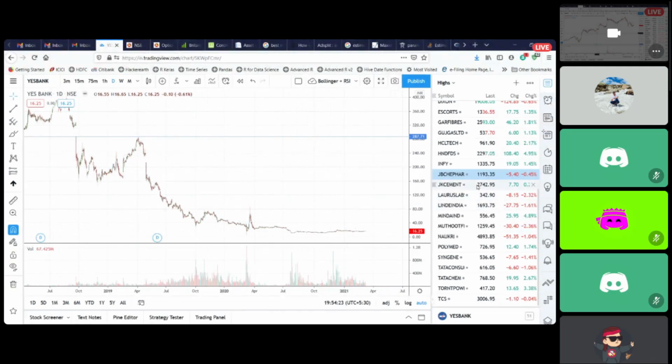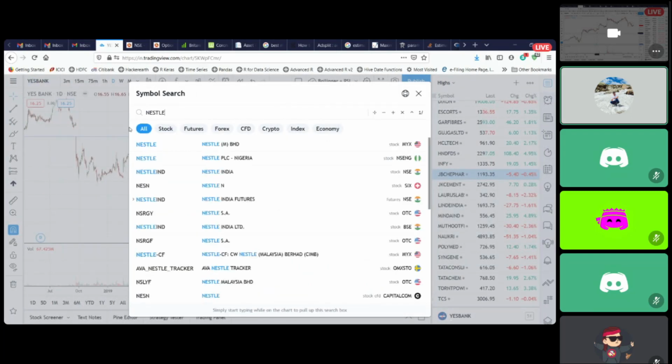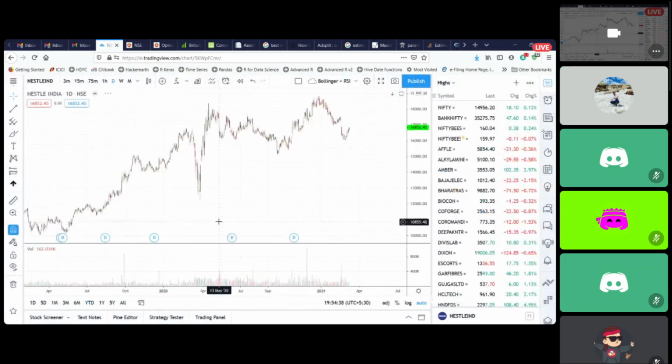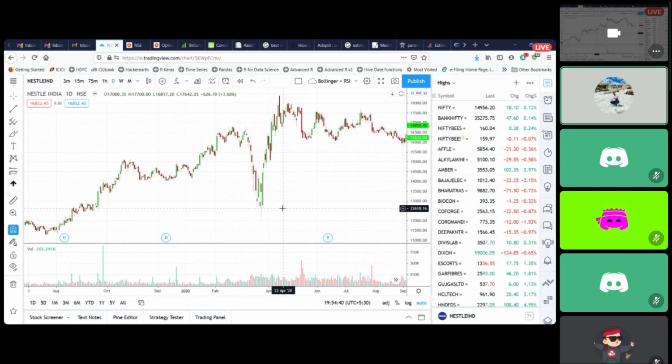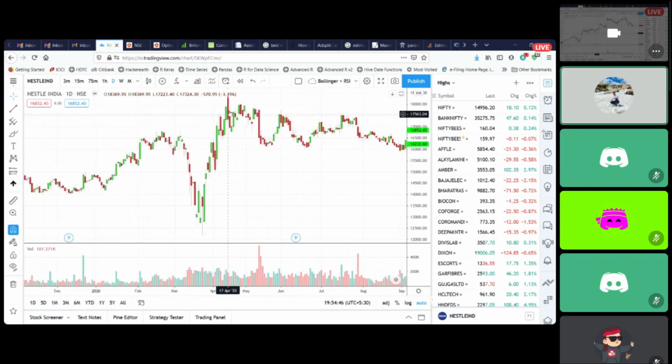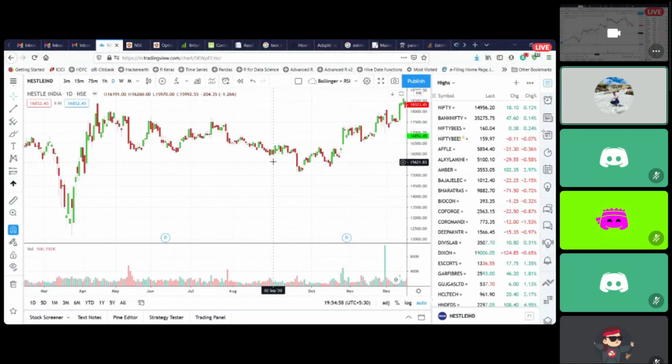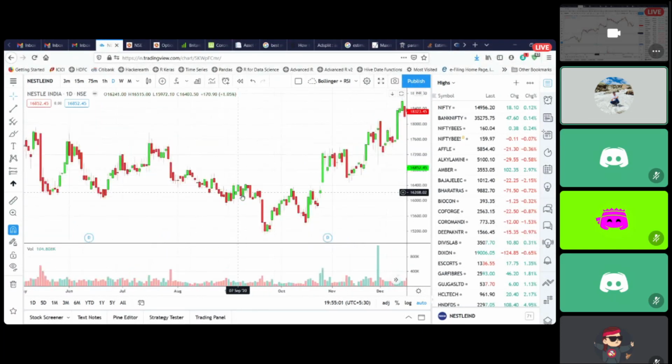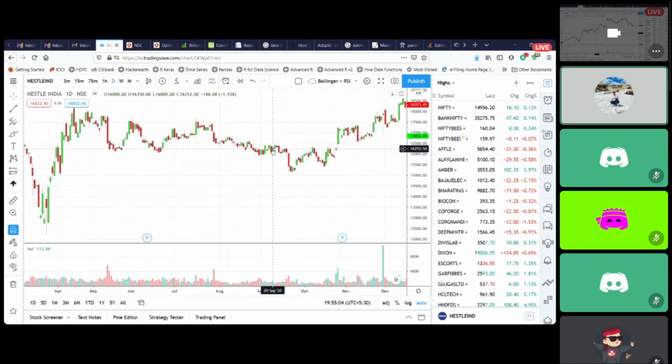Makes sense. Thank you. Can you show some of the setups wherein you incurred a loss or you had to cut it after it closed below the support zone? Yeah, it happened with me in Nestle. So here what happened was that Nestle was forming a very nice support at 16,100. It had already hit the all-time high right here itself in April-May time. So it was on my watch list. And it made these supports at 16,100 for a lot of time. Then when it started coming here at 16,100, at these green candles, I started going long. I took a lot of long positions in Nestle.